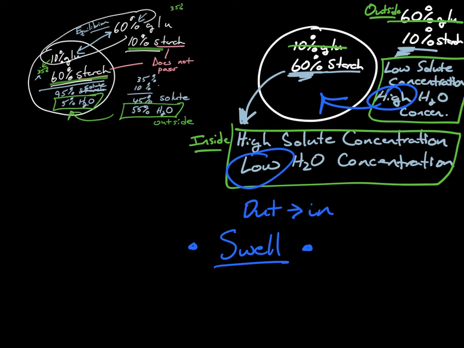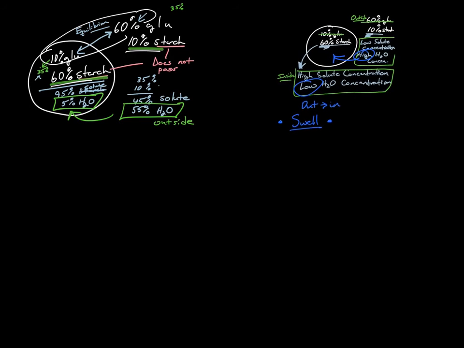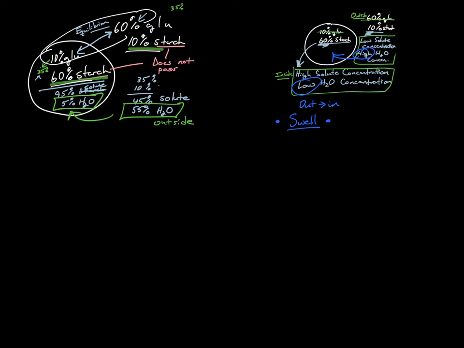And is this solution isotonic, hypertonic, or hypotonic? Initially, the solution is indeed isotonic, right? Because it's 70% solute inside and 70% solute outside. However, after the glucose has gone through diffusion, the conditions are slightly different. So in both cases, if we look at it,